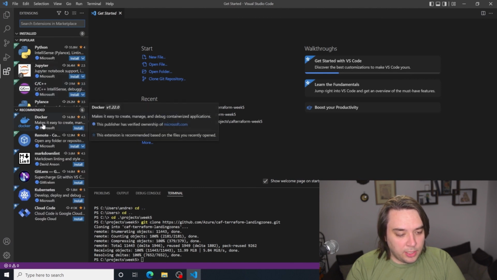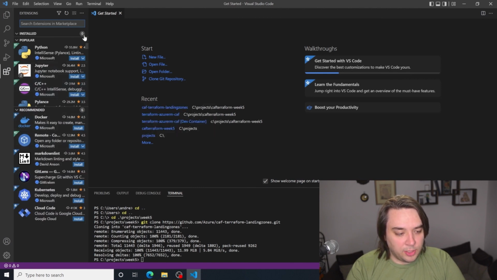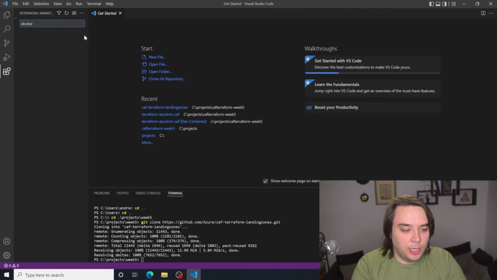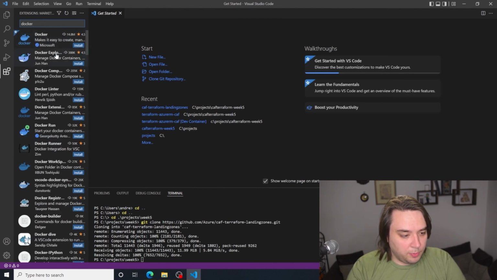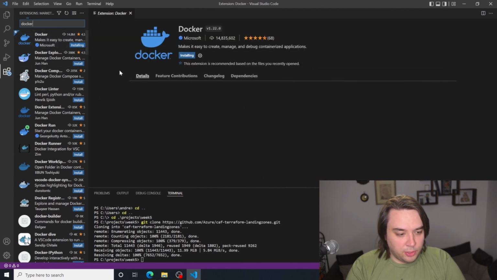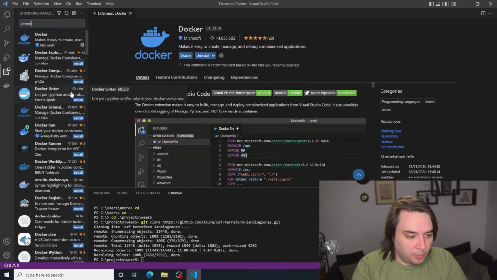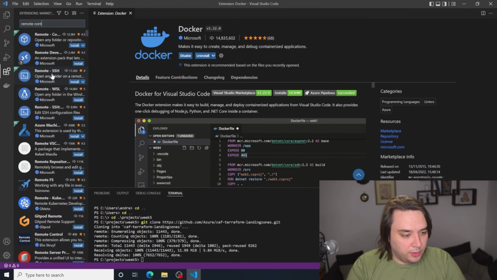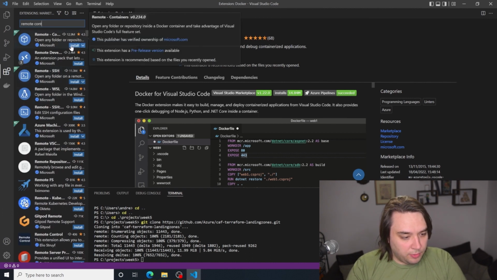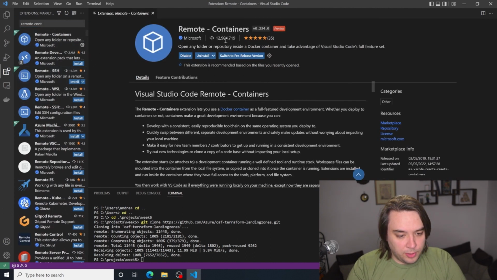It actually recommends some extensions anyway, but I'm going to search for it in the search bar over here. So you click on extensions, and then click on install on Docker. And then what we also need is remote containers, which is this one. So we will install the remote containers.